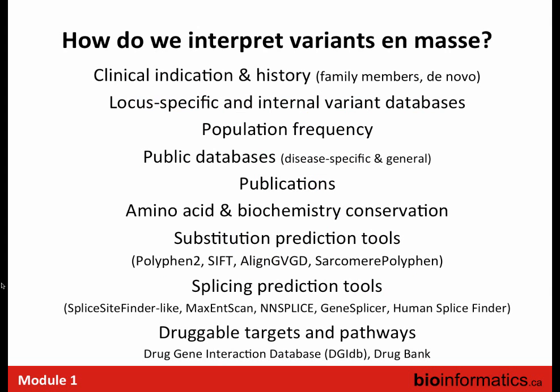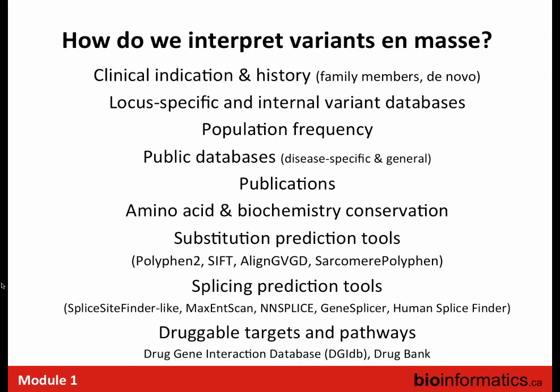So how do we interpret variants en masse? And this is really where there aren't necessarily strict guidelines. Currently, this is a relatively manual approach where you're looking at clinical indication and history, locus-specific and internal variant databases. A lot of clinical labs have PhD scientists who log into these databases, look up specific variants, ask if other labs have done this before, read papers. There are many bioinformatic predictors that will attempt to score whether a mutation is pathogenic or has a functional effect. The host of splicing prediction tools: if there's a mutation near a splice site, is it predicted to affect splicing? This is enormously time-consuming, trying to go variant by variant, and this is really where bioinformatics has a huge